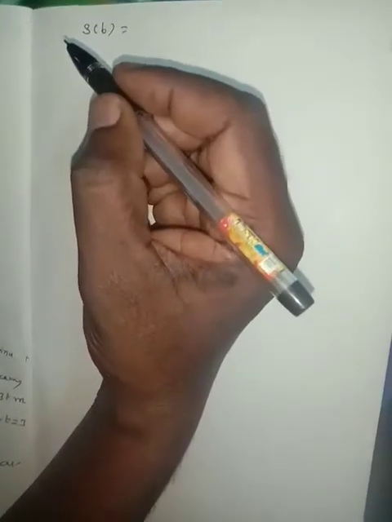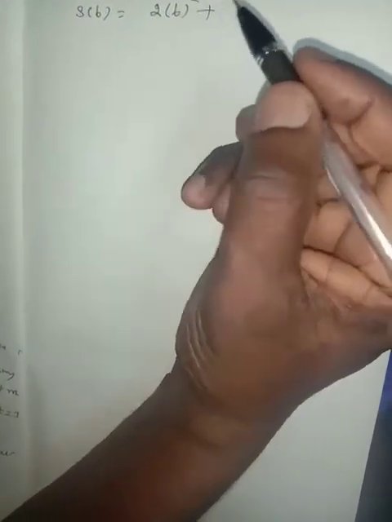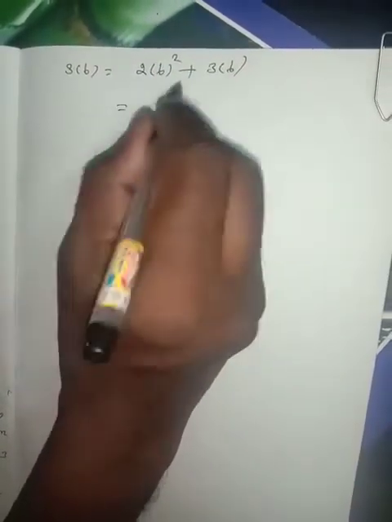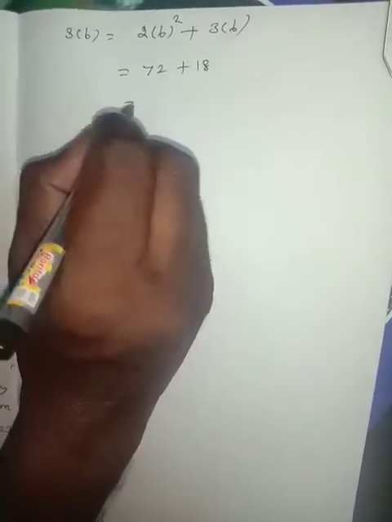Next, s of 6 is equal to 2 into 6 square plus 3 into 6 is equal to 2 into 36, 72 plus 18 is equal to 90